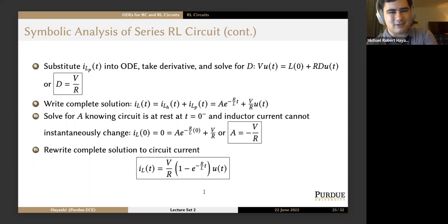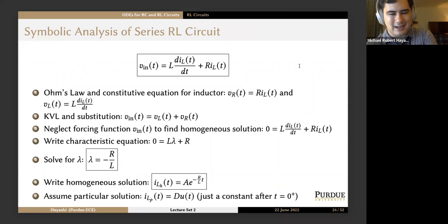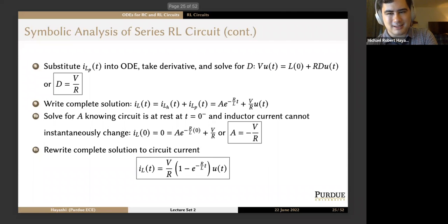Substitute into the ODE, take the derivative, and solve for D. Again, at time equals 0 plus, the derivative is just going to give you a 0 here, and these just become 1. So you get D is equal to V over R. Write the complete solution